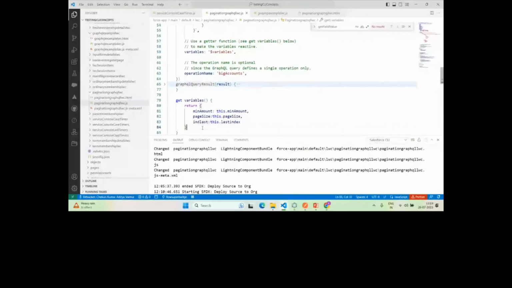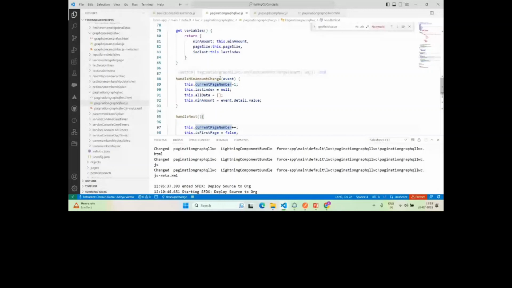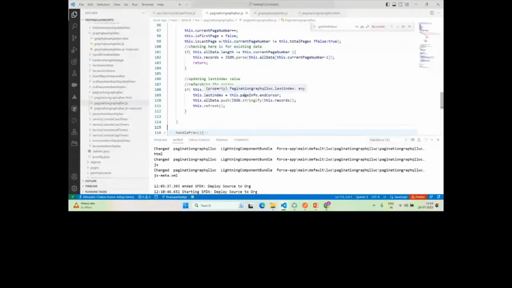So here when I'm changing the front end, then I'm writing onchange, and onchange will update my JS value, okay? So here I'm updating my JS value. Immediately the value will be reflected in the getter variable. Then the wire adapter will react to the changes. So same way I'm taking the end cursor and I'm passing it in the last index. Okay, so